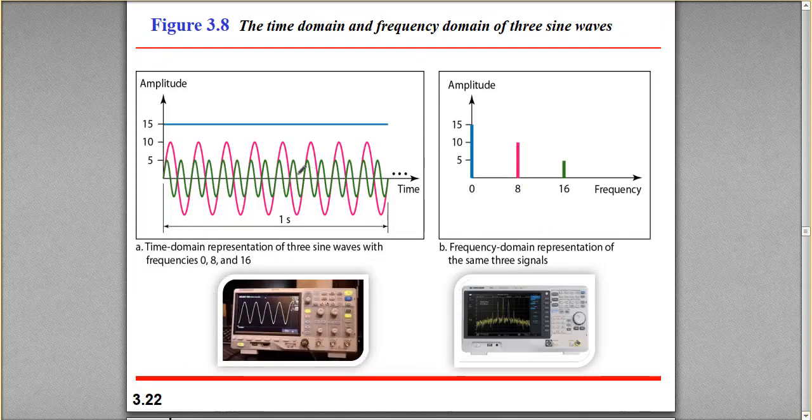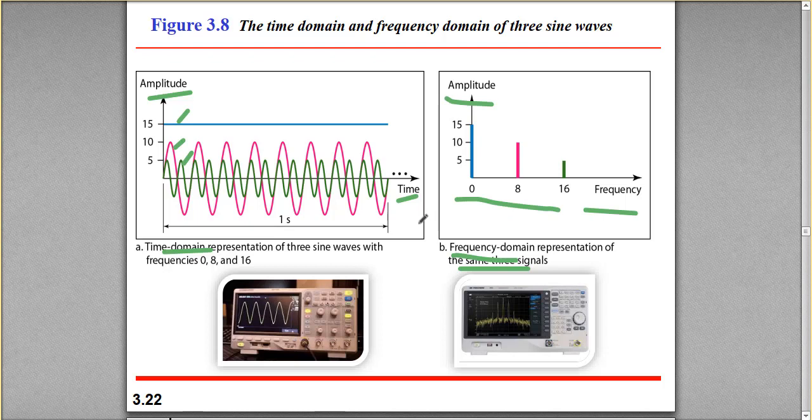Here on the left hand side, we have plotted three sine waves, each having its own frequency. Since amplitude has been plotted against time in this figure, it is therefore a time domain representation of the three signals. On the right hand side, we have plotted the maximum amplitude of three sine waves against their frequencies, hence making this plot a frequency domain representation of the three signals. As visible from the two figures, figure B is much more compact and concise than figure A.